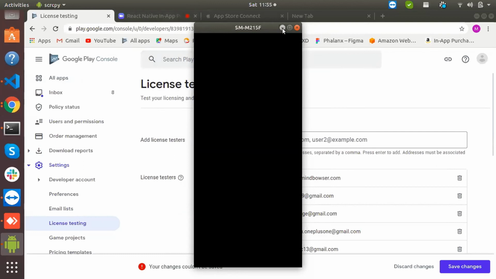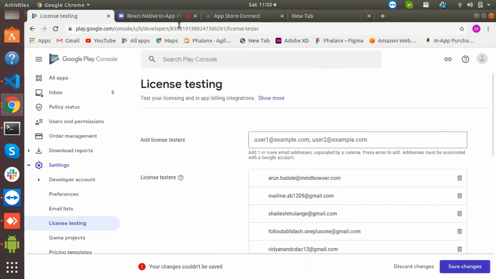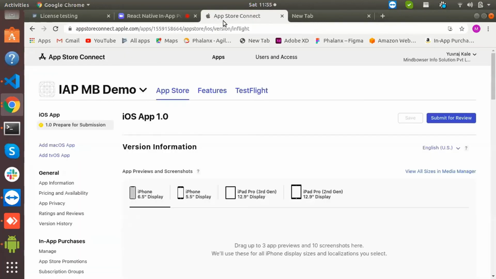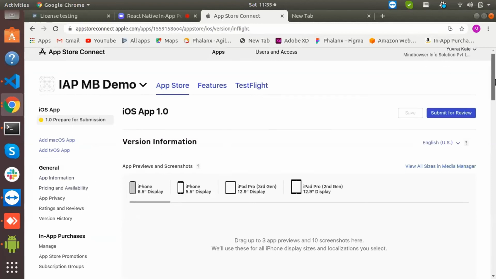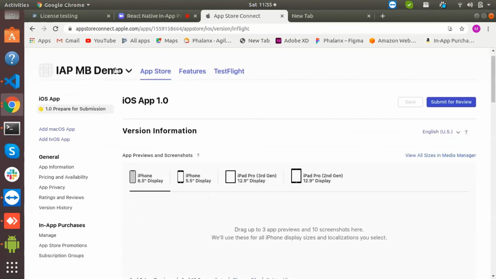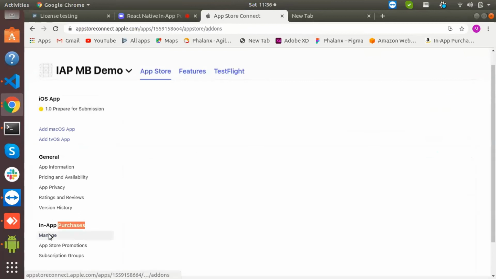Now we will check the iOS side as well. Basically on iTunes, here is my iTunes account. On the left hand side of iTunes, we can check the in-app purchase, and the manage option is there.